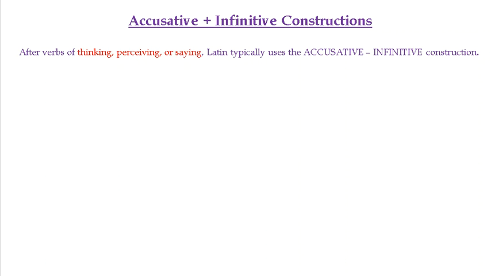Alright, this accusative infinitive construction will come after a verb of thinking, perceiving, or saying. Now this can include a lot of different verbs, verbs like videre, conspicere, speculare, these sorts of things. Those are verbs of seeing, and so you'd have an accusative infinitive after those, whereas dicere is a verb of saying. You'd have an accusative infinitive after that, and then other sorts of perception verbs like audire will also take accusative infinitive constructions.